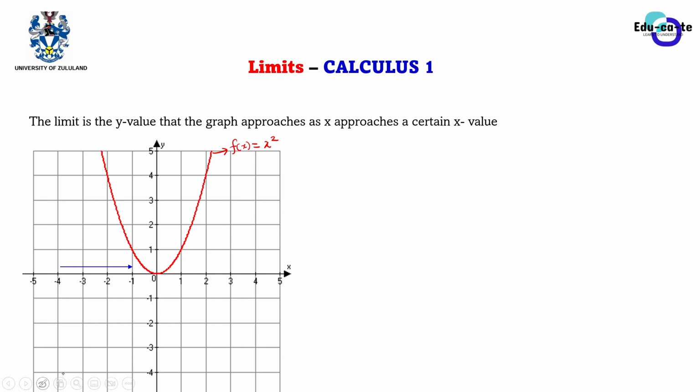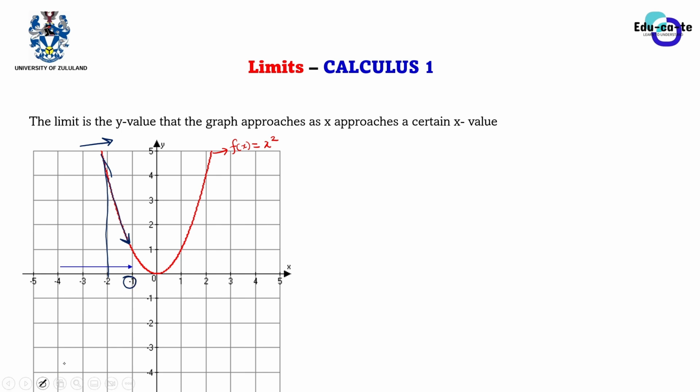So when we say that we are approaching -1 on the x-axis, what are we actually doing? We're actually moving from the left to the right, okay, in this first arrow. So you are moving from this position, maybe here x equals -2 and all of those. And you are moving with your function and you are going to approach x equals -1. So you can see as I'm moving here, my function is approaching x equals -1.